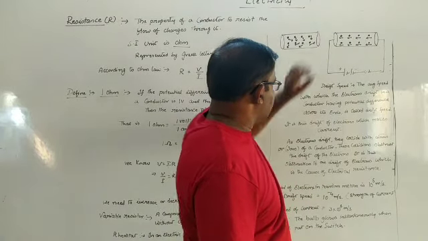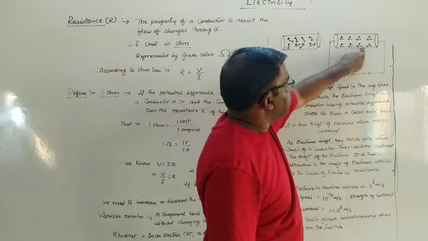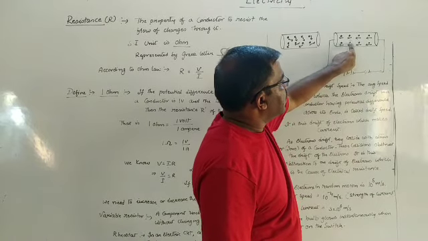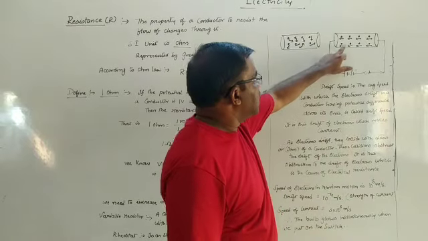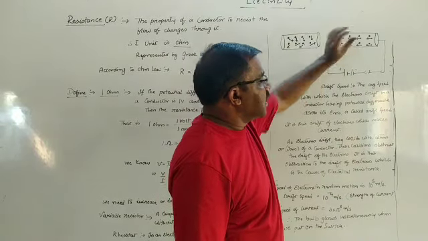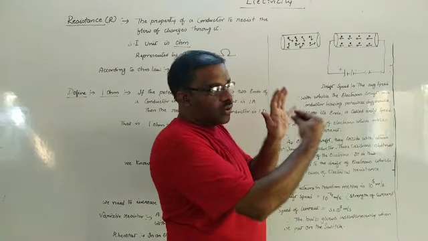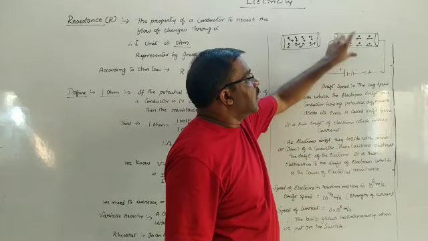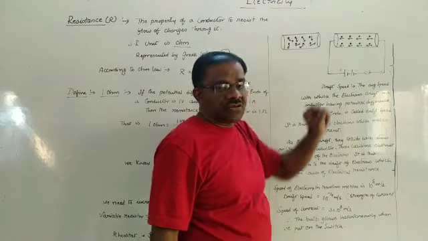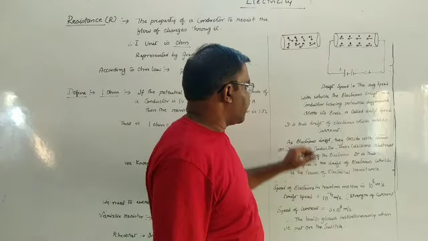But while moving in a particular direction, these electrons sometimes collide with the atoms or the ions in their way. When they collide with these atoms or ions, resistance is offered to the flow of current. So this collision will offer the resistance to the flow of current. That is when we say resistance happens. So that is the cause of resistance.